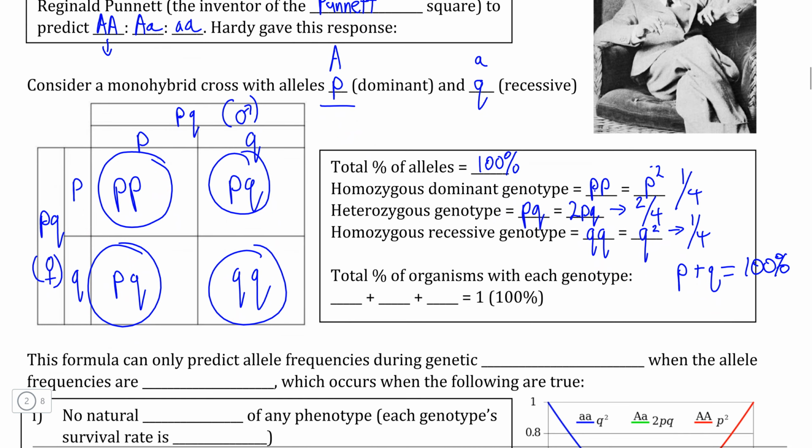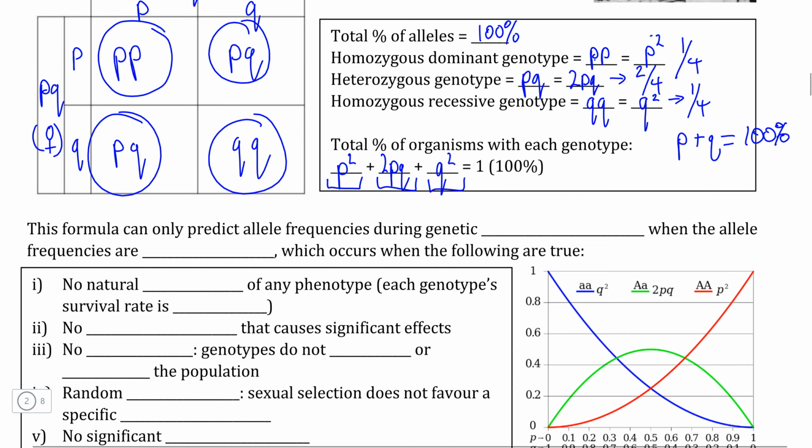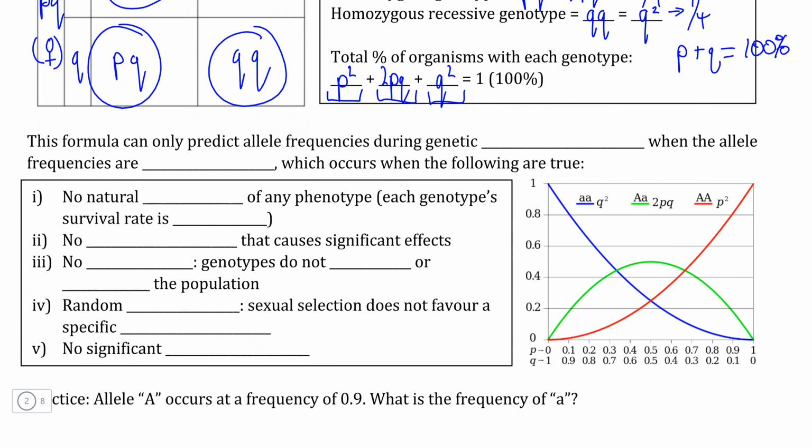And therefore, Hardy-Weinberg was able to come up with the formula p squared plus 2pq plus q squared is equal to 1. That being 100% of all alleles within the population are determined by what percentage of your population is homozygous dominant, heterozygous, or homozygous recessive. Now, before we get to the actual calculations, it's important to consider that this formula can